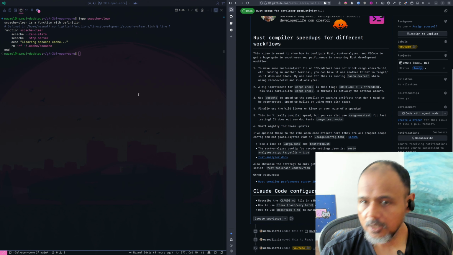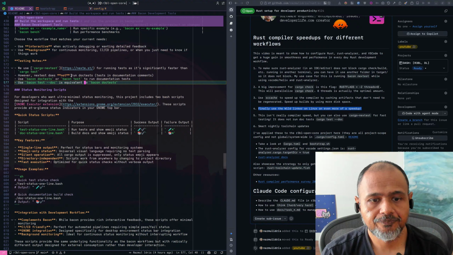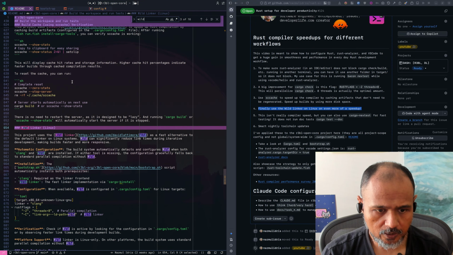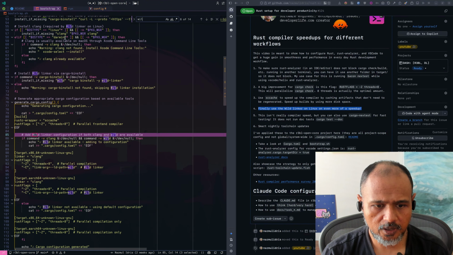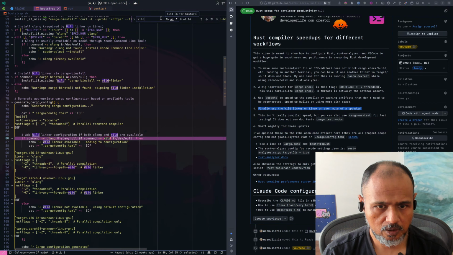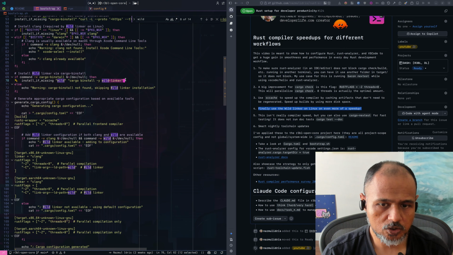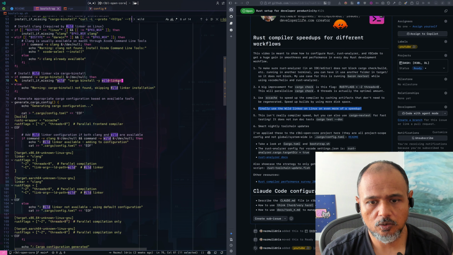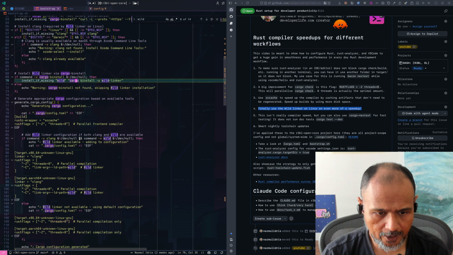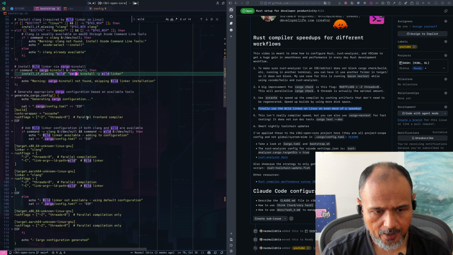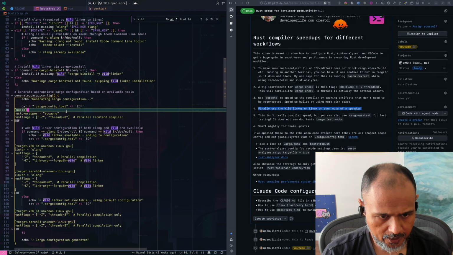Okay, wild linker, let's look at this. How do you install wild linker? I think, let me see, is it here? Install wild linker via cargo binstall. Oh, interesting. So it's cargo binstall. Okay, so you just install it using cargo. So cargo binstall wild or cargo install wild, and that, it looks like,